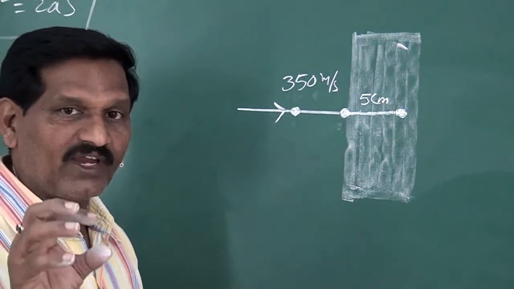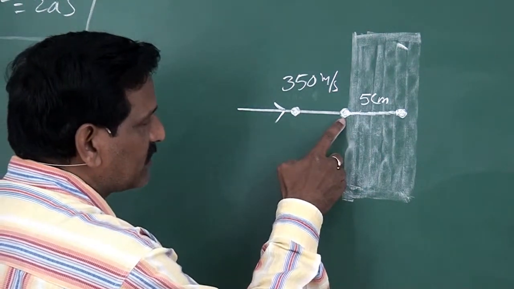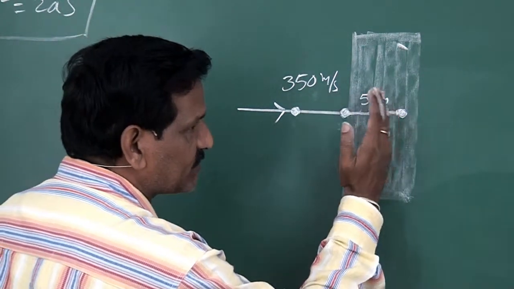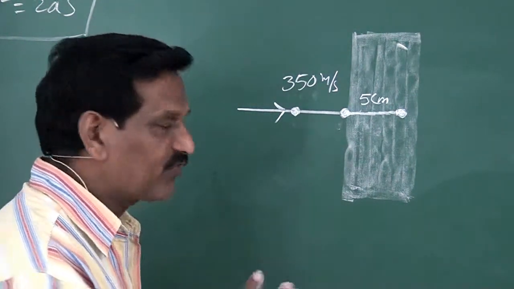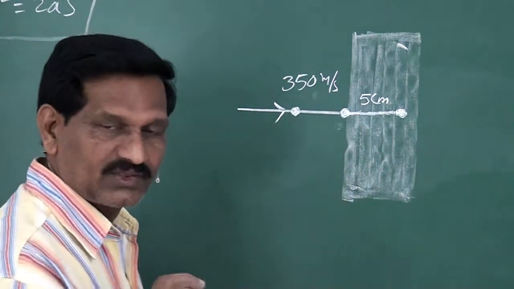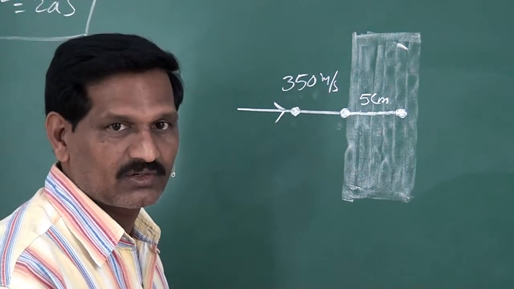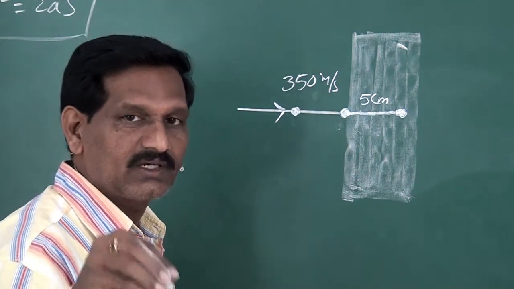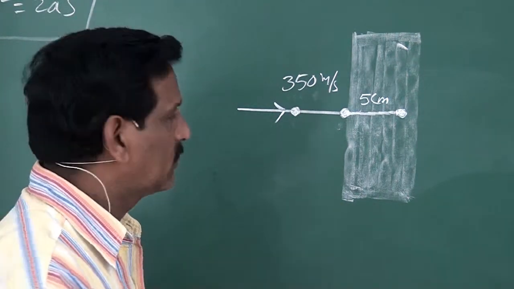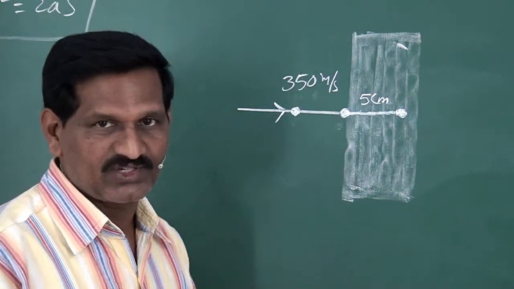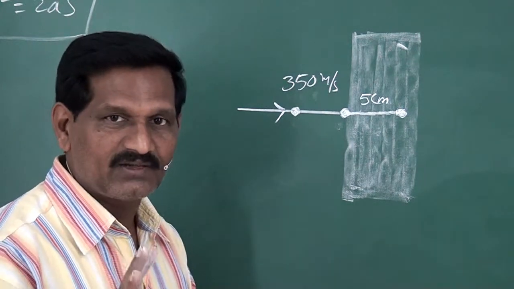Now we have to find the deceleration in this case, because here the speed of the bullet gradually decreases, and when velocity changes, acceleration comes into picture. Of course, here velocity decreases. That is why we have to calculate negative acceleration, which is called deceleration. So it is asked to find the deceleration. That means we have to calculate a value, that is acceleration. For this we use a kinematic equation. So to use the kinematic equation, we have to write the data.